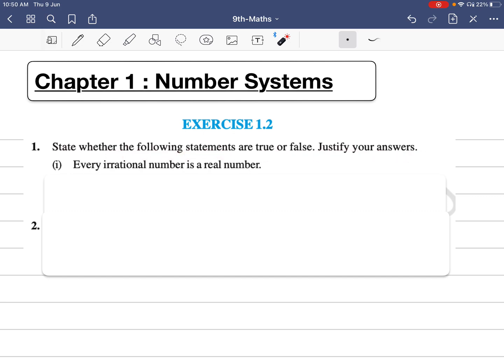Justify your answers. So statement number 1, we have: every irrational number is a real number. State whether this statement is true or false. Very clearly, this is the very definition of real numbers. So actually, this statement is true. And the way we justify this is